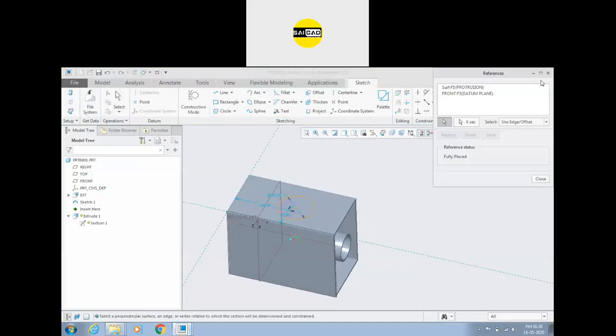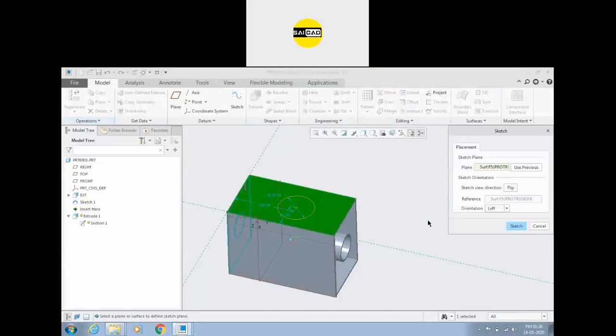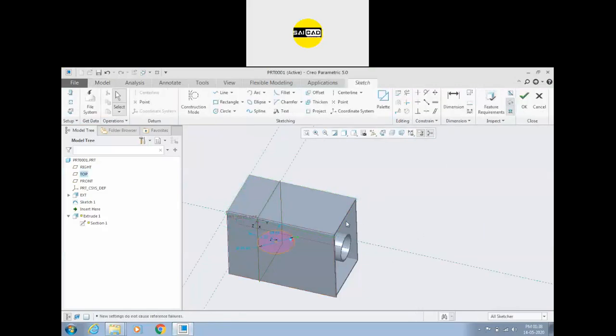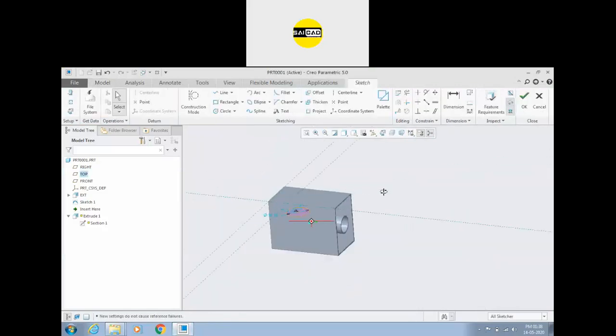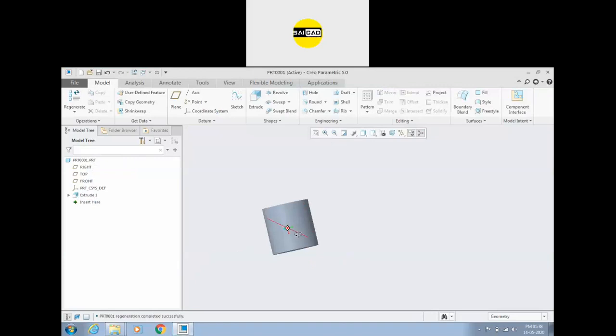Sorry, it is the reference. Now we are going to the sketch setup here. Now you can see we have selected the surface. I can remove it from here and I can select the plane. Now this sketch is independent. If we delete this extrude, this object will not be affected by that.